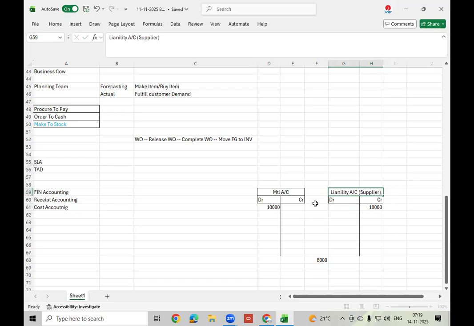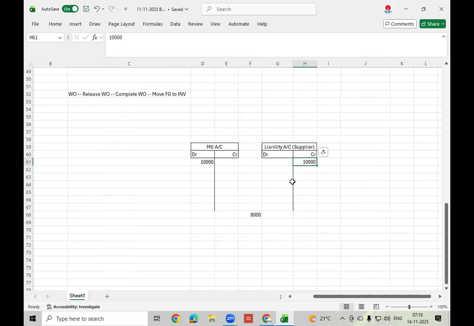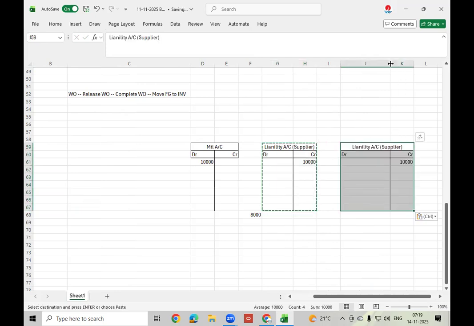See now, my account is debiting, supplier account is crediting for the material value. So once payment is done, later, based on payment term, I'll make the payment, right?